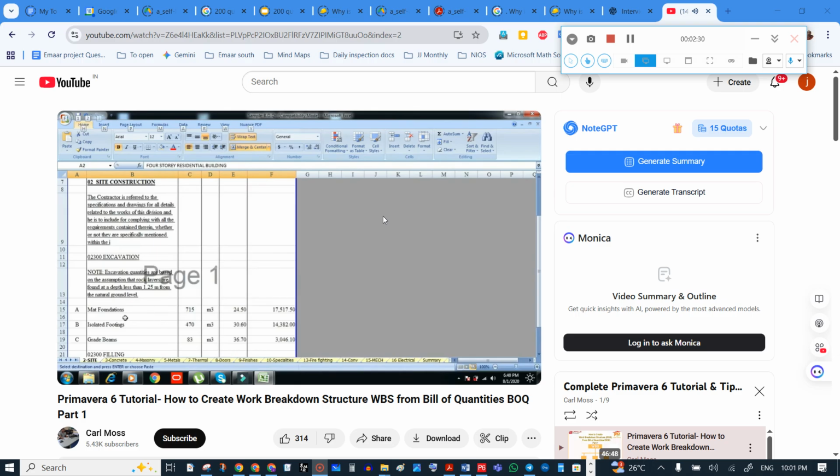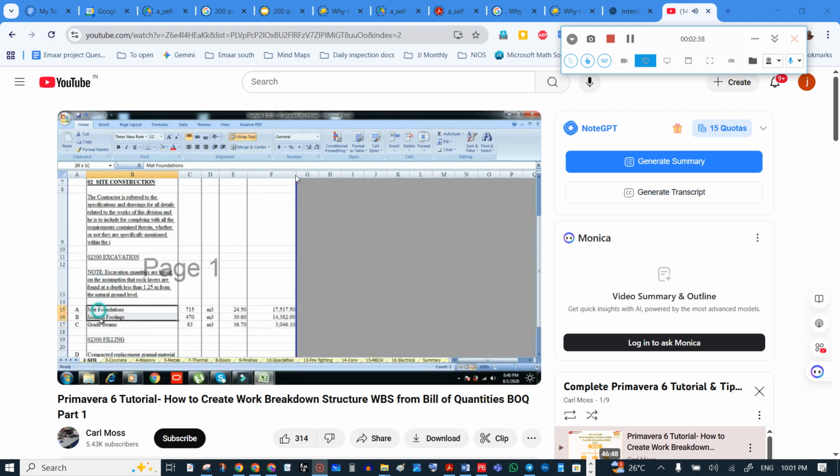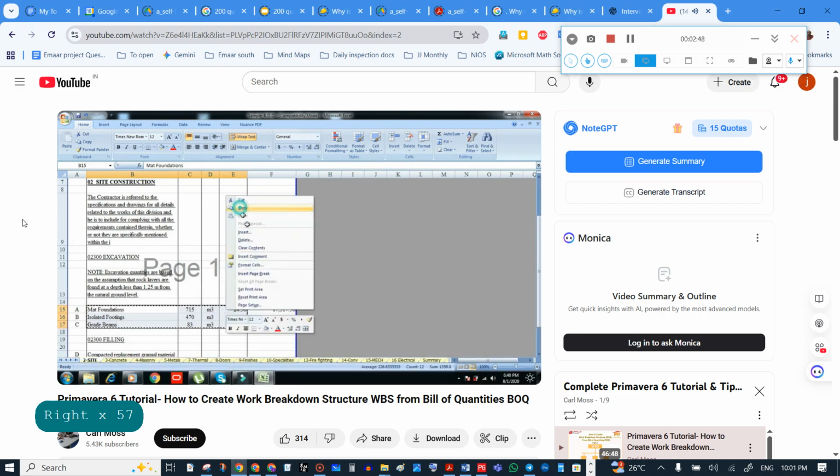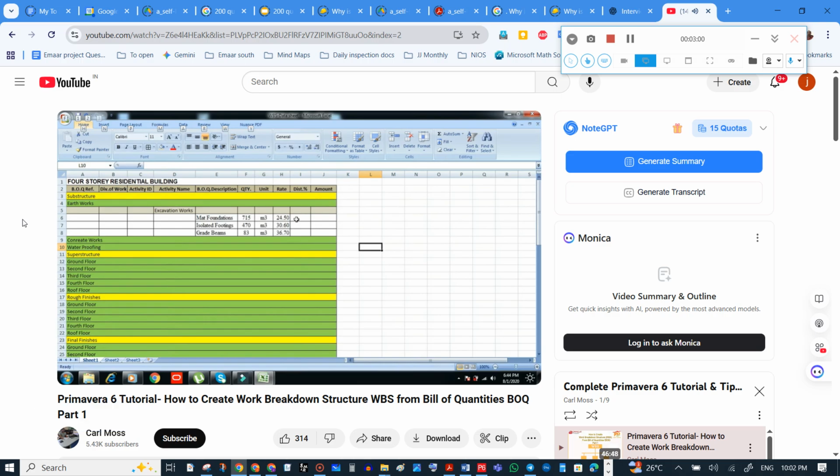Then go back to BOQ, delete this blank space. Then copy these 3 types of excavation up to this unit cost. Copy. The use of this distribution percentage is when the BOQ description was used in other activity names, then we put the percent weight of its activity name.